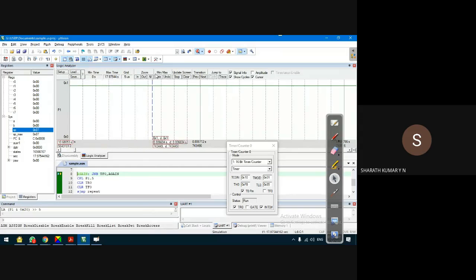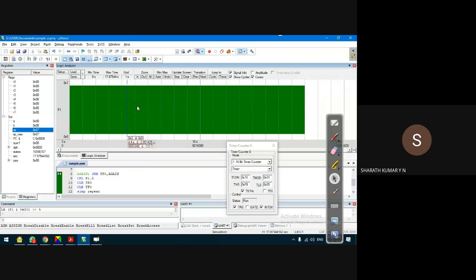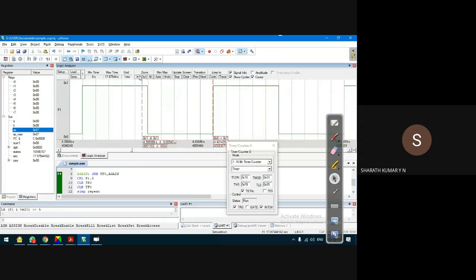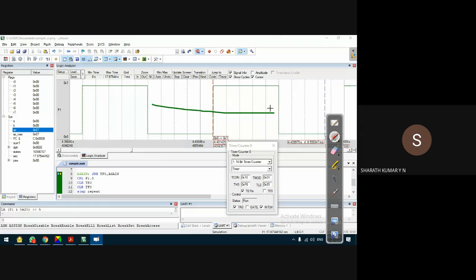In the zoom, you can see the Zoom All option. It has generated many clock pulses. I'll take a point and zoom in to measure the delay. Let us check here somewhere. Let us see what delay is generated by the timer. When I say delay, I mean not the total time period, guys.